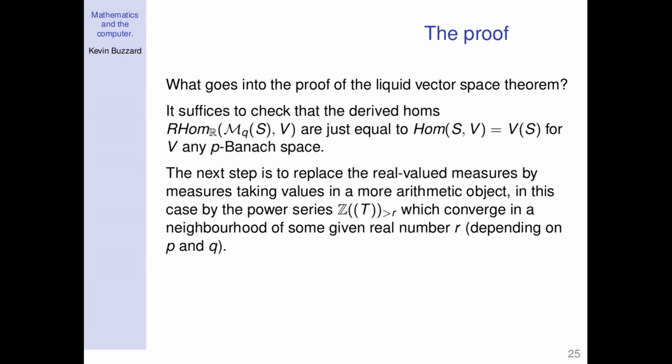And we need to check that extensions of p-liquid things are supposed to be p-liquid. So the first derived Hom of this should be 0 at least. But the idea is that all the derived Homs should be 0. So this is some derived functor applied to this Hom functor. And this is what we have to prove: that we've not introduced some weird extra extensions that weren't there before.